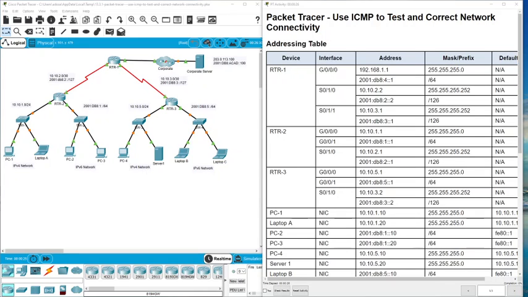Hello everyone. In this video I'm going to do the packet tracer activity from chapter 13: Use ICMP to test and correct network connectivity. From the chapter we learned what ICMP is and how we can do the ping and